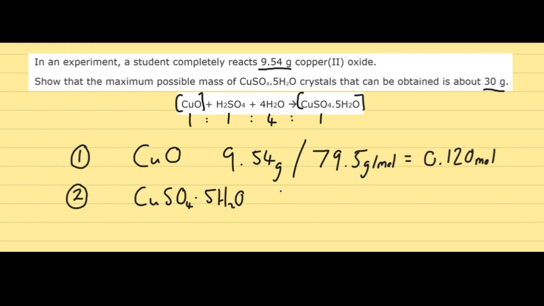I've got my number of moles, which is 0.120 moles, and I can multiply that by the molar mass of copper sulfate pentahydrate, which, if I work it out from the periodic table, adding all my atomic masses together, is 249.5 grams per mole. And that will give me the mass that I expect of copper sulfate, which, when plugged into a calculator, is